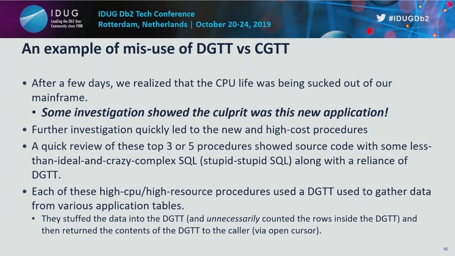But then after a few days, we realized that the mainframe resources were going through the roof, and it was obviously this new application. Further investigation quickly led to, it wasn't that hard once we looked closely, some new and high-cost SQL procedures. This application had 100 procedures that it would use at various times, but there were a few at the top that were using a huge amount of CPU. And then I quickly reviewed the top 3 or 5 procedures, looked at the source code,